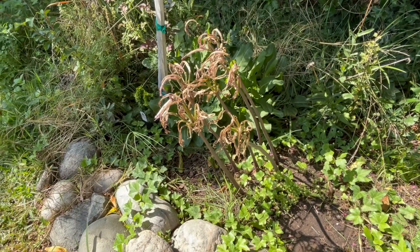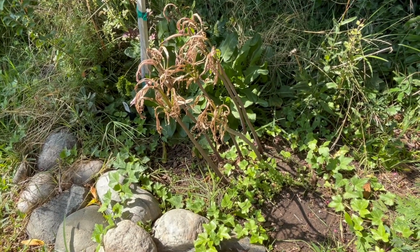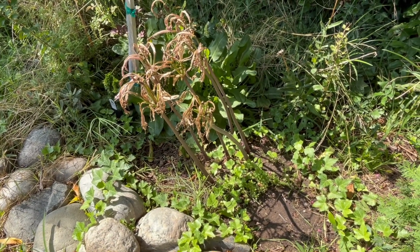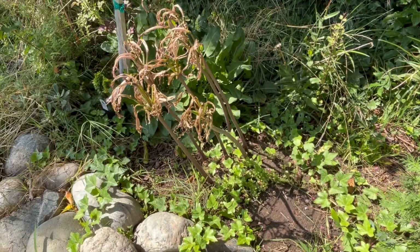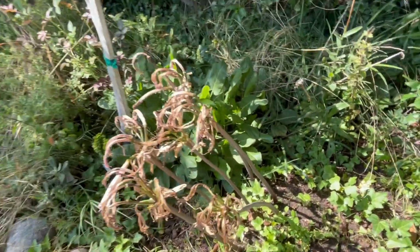That was the Amaryllis belladonna. We're gonna leave the foliage and the dead blossoms the way they are for right now. I'm not gonna pull them out. I will cut them back to the base of the bulb in the next week or so. We did cut